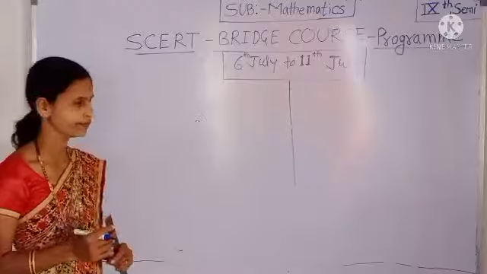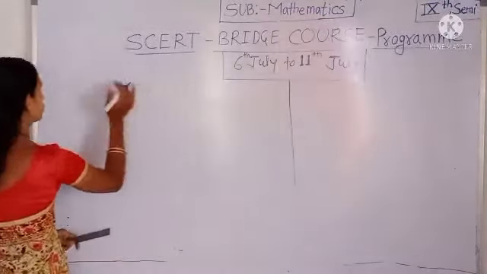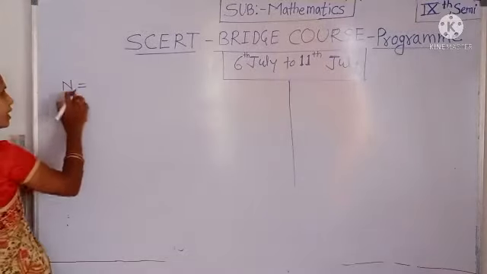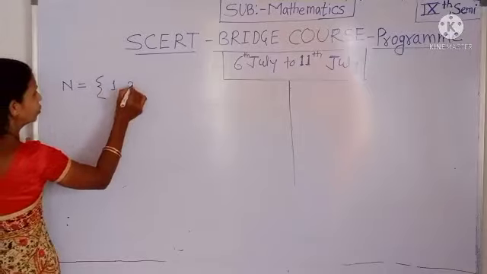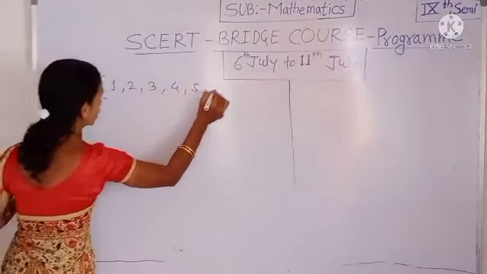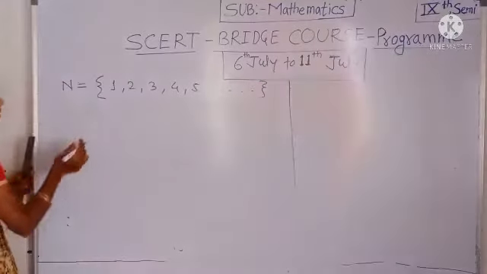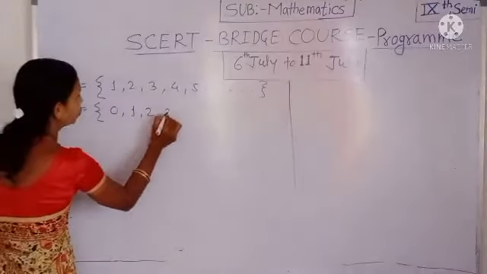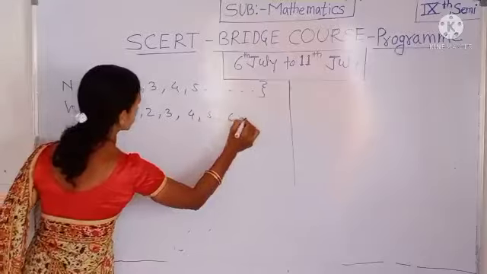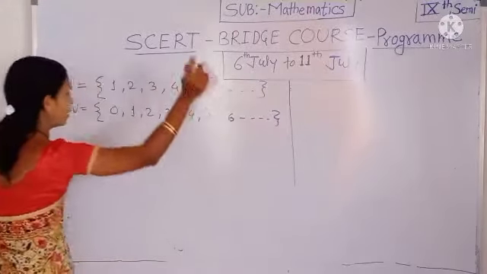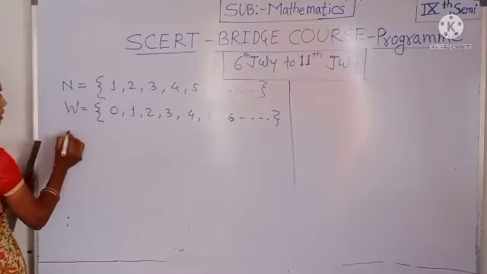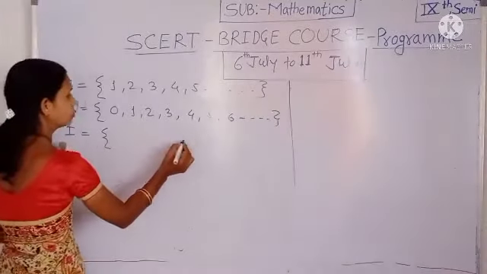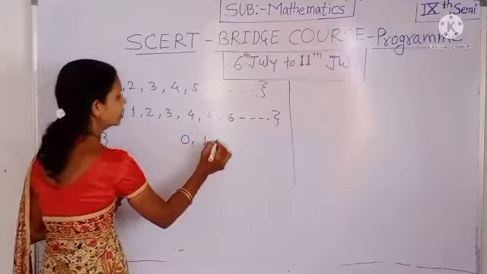we are going to remind the basic concepts from Maths 1. Then see here, all of you have studied the natural numbers. Natural numbers, which are denoted by capital N, are 1, 2, 3, 4, 5 and so on. Then see here, whole numbers are 0, 1, 2, 3, 4, 5, 6, and up to infinity we can write the whole numbers. Integers are nothing but the set of 0, all positive numbers